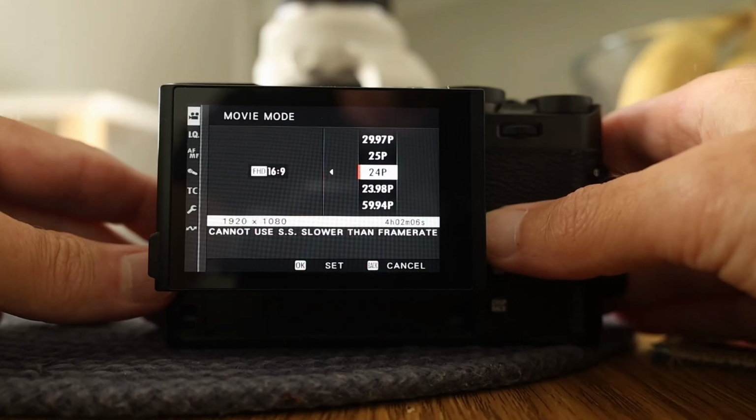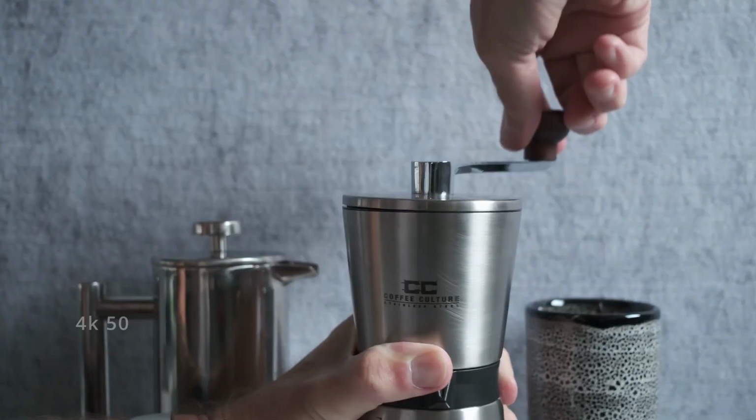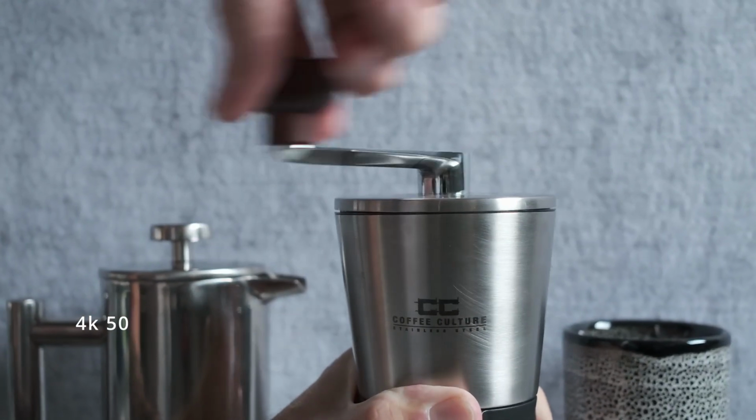Now you're probably sitting there saying he should be filming in 24 frames per second, but I actually don't need to. I can film in 25. It's kind of like the regional standard for Australia, which is obviously where I am. So I just shoot in 25, 50 and 100 frames per second, and it's multiples of 25. These are nice and simple for us down here. But you can shoot in 24 frames, you can shoot in 30. And if you're in the US, you're probably going to shoot 24, 30, 60 and 120 frames per second,